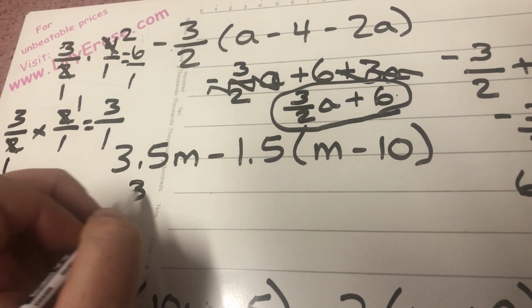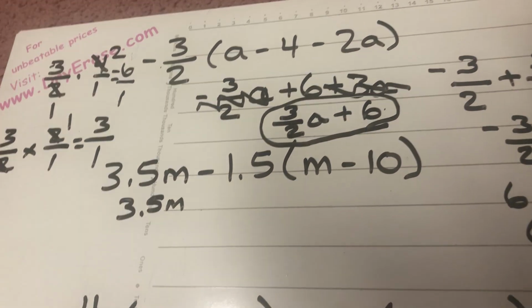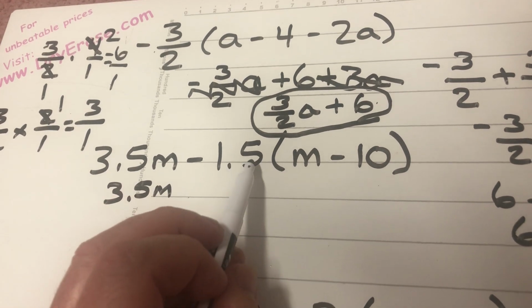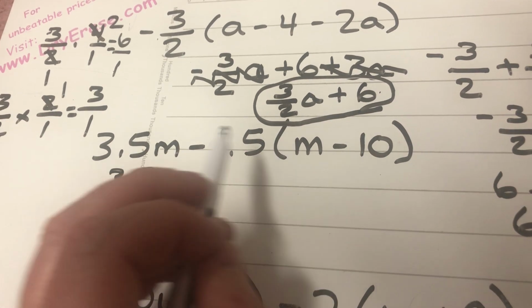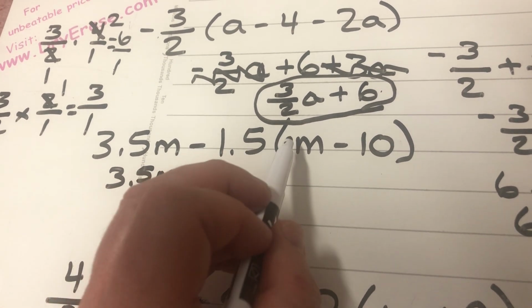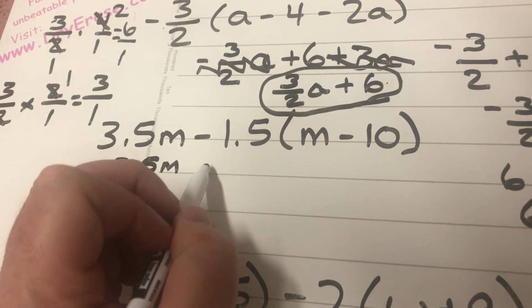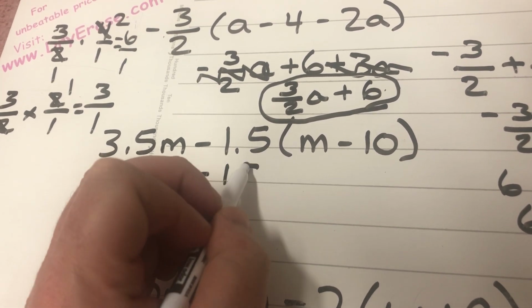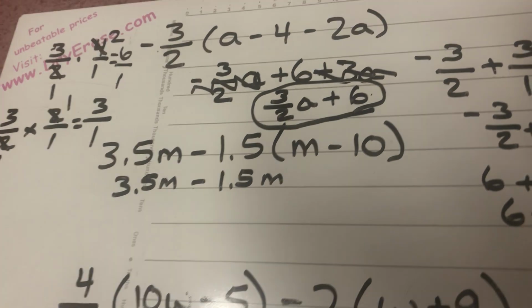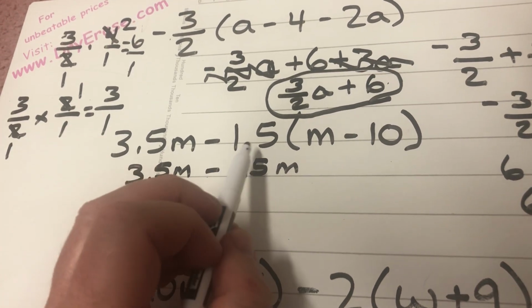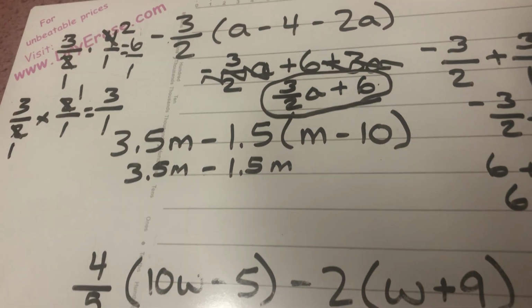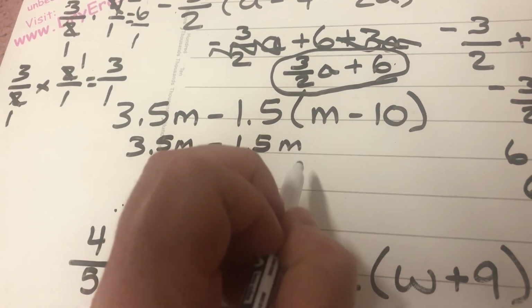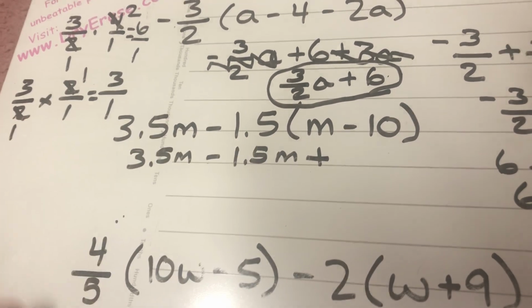So to start, I'm going to leave my 3.5m alone. Then I'm going to take this negative 1.5 and I'm going to multiply it by the positive 1m. Remember, there's a 1 there. Well, negative 1.5 times a positive 1 leaves me with a negative 1.5m. But then I'm left with negative 1.5, or negative 1 5/10, times negative 10. It's a negative times a negative, so I know that's going to be positive. And it becomes 1.5